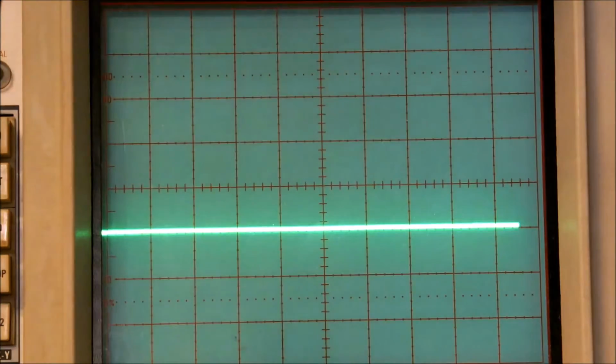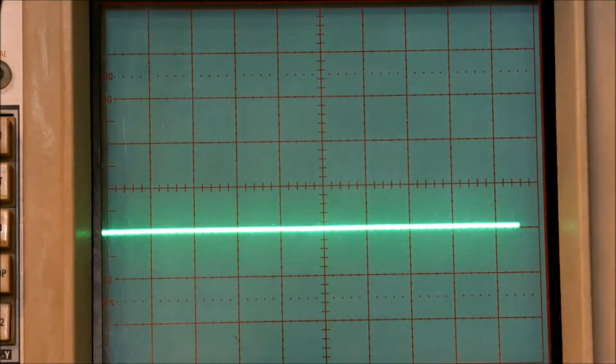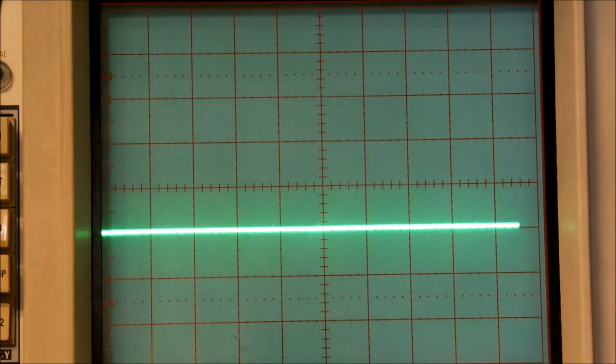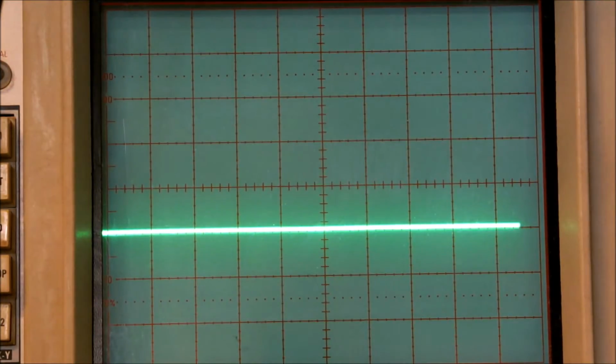Here's a sample of pulse width modulation on the oscilloscope. We're using the Arduino with a simple little analog input and output program to generate a pulse wave modulated signal. Right now we're not putting out any signal at all. It's 0 volts. As we start to bring our potentiometer up, we begin to send out a little pulse, and as we keep turning it up, it's a little wider pulse,